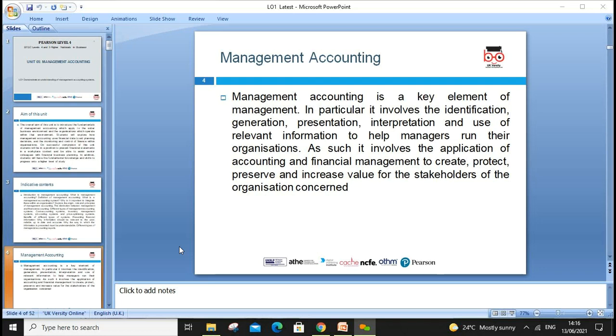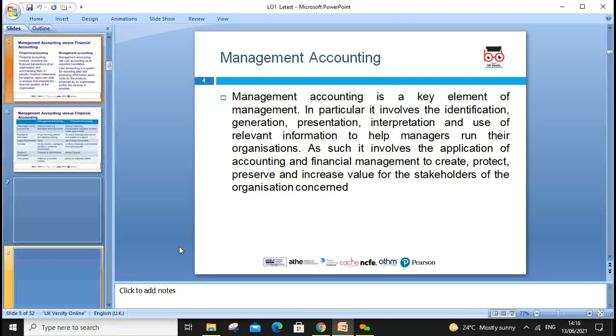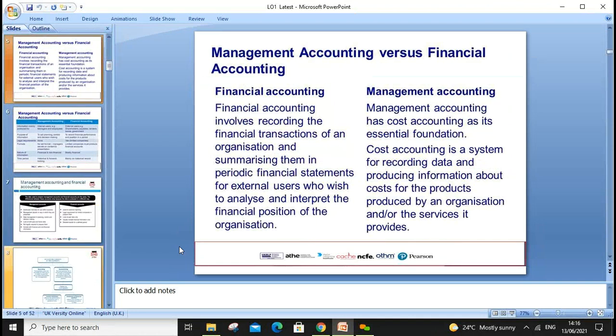Okay, guys, so management accounting is a key element of management. In particular, it involves the identification, generation, presentation and interpretation of relevant information to help managers run the organization. That's the key message in this slide. Okay, next we're looking at